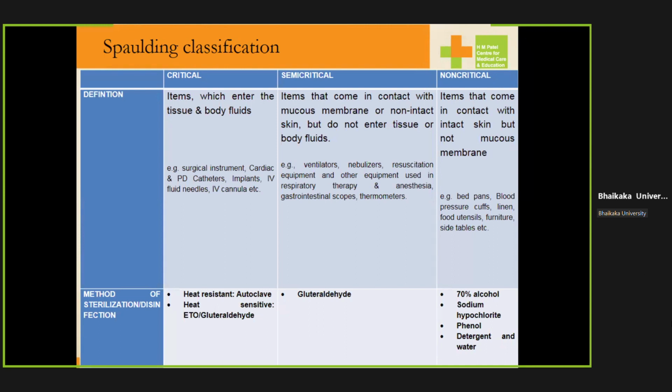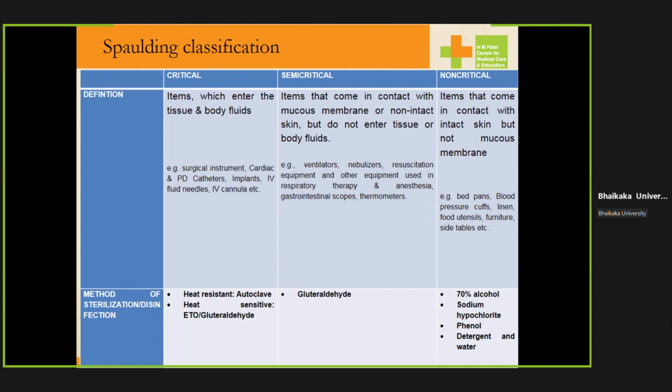patients. Any items that you can see in the market, if you go to a pharmacy store, if you buy a syringe, if you buy a needle, if you buy a catheter, all these items would be sterilized items. They would be completely free of microorganisms. But many a times, autoclave is a method of sterilization by heat, and the temperature usually is more than or equal to 121 degrees centigrade. So metal items, if they are to be sterilized, autoclave is a very good way to